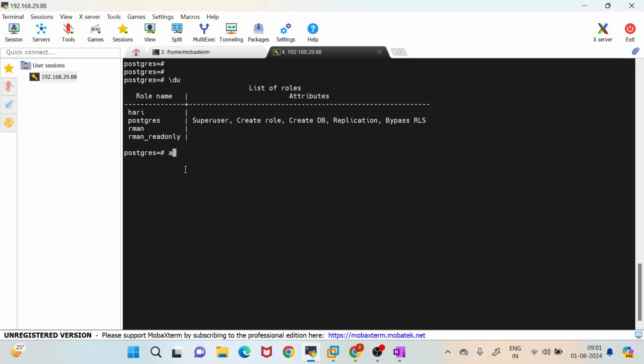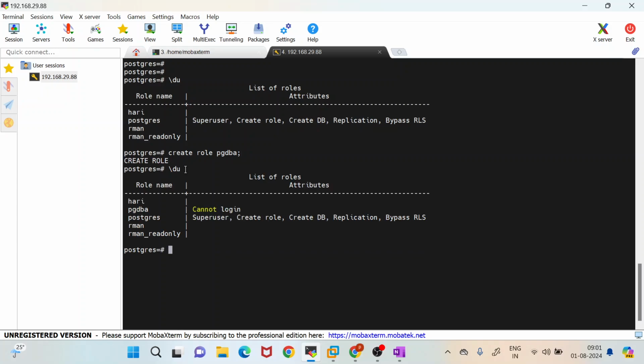Okay, and let me create one more user. Sorry, what I'm trying to do is create a role, so it will get a no login privilege. Create role pgdba. So I have created a role. Now \du. So pgdba has a no login privilege, which means this entry is not supposed to be in the